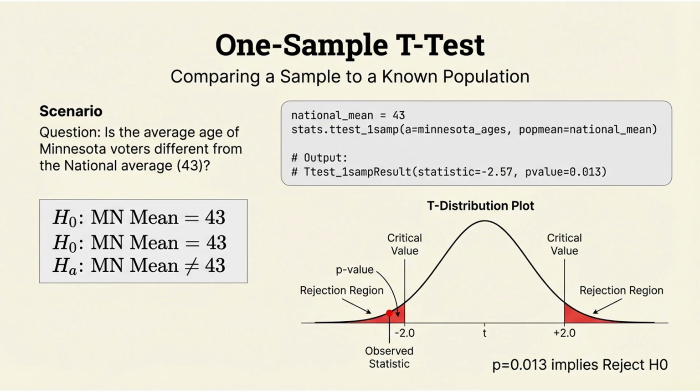The output shows a t statistic of minus 2.57 and a p-value of 0.013. Now, let us interpret this visually using the t distribution curve shown below. The red shaded areas on both sides represent rejection regions. The observed t-value falls into one of these regions. Since the p-value is less than 0.05, we reject the null hypothesis. This means there is statistical evidence to conclude that the average age of Minnesota voters is significantly different from the